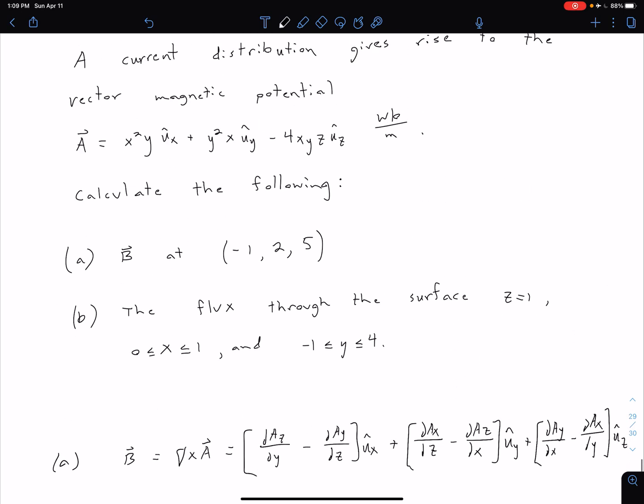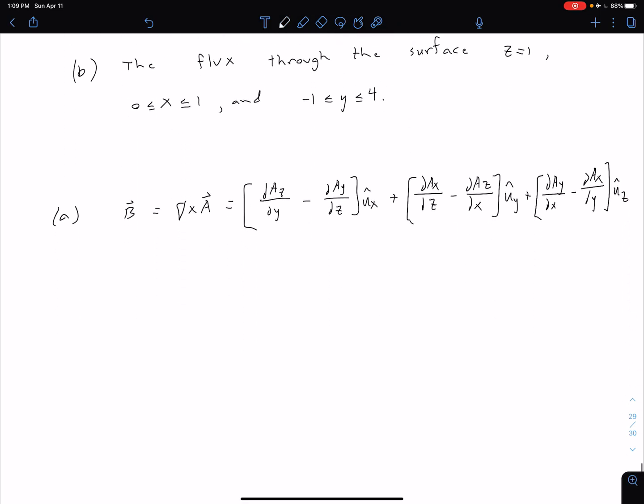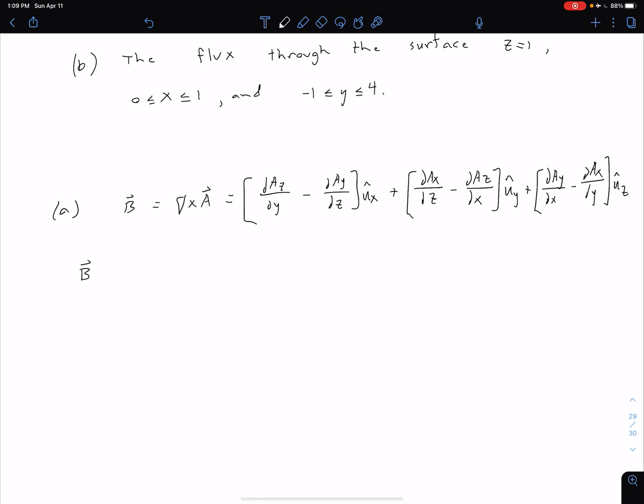Of course now we come up here and we say, well, this is our x component, so this is our A sub x, this is our y component, our A sub y, and here, including this negative sign, is our z component, A sub z. So now we just plug into that expression down there, taking those partial derivatives. Relatively simple equation, but if you have questions about any of these resulting numbers, let me know. The partial of A_z with respect to y ends up being negative 4xz, minus the partial of A_y with respect to z is 0 because we had no z dependence, and all of that is in our x direction,